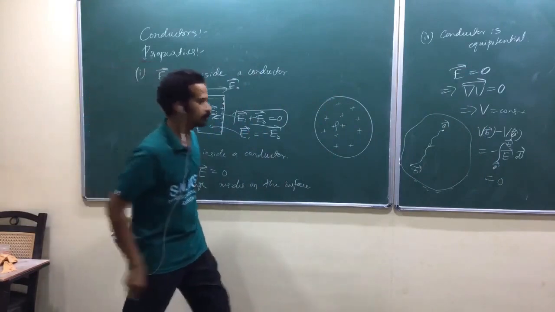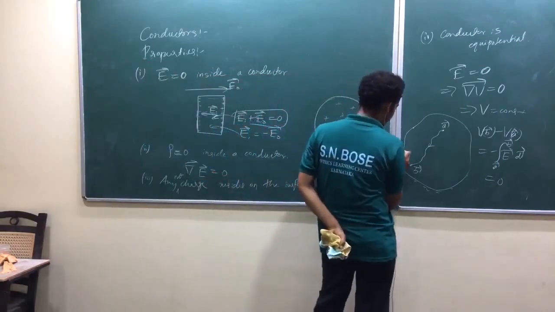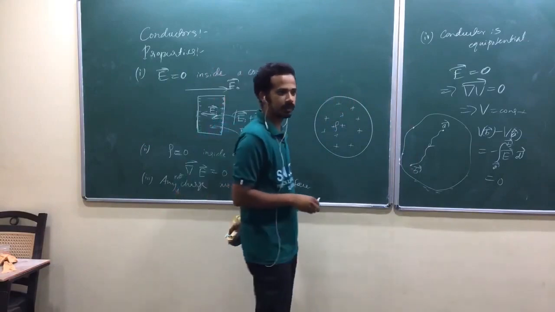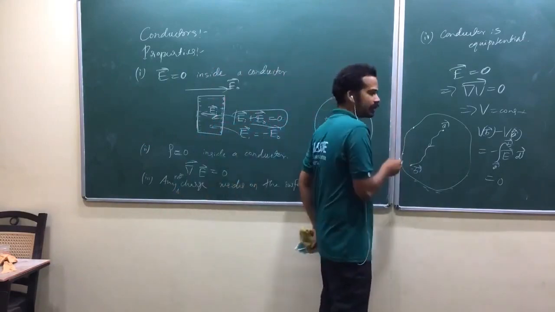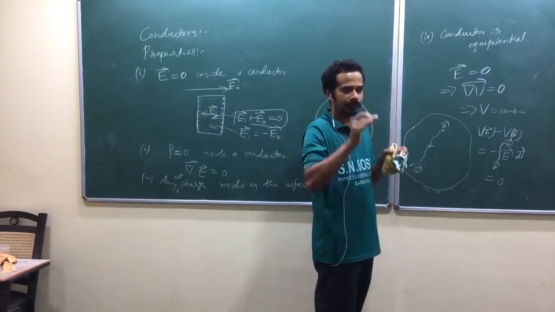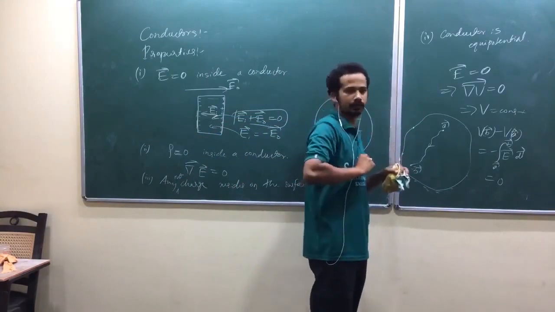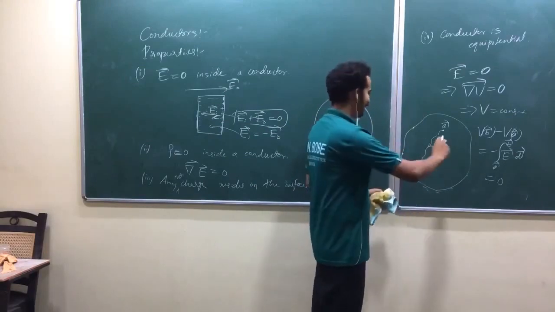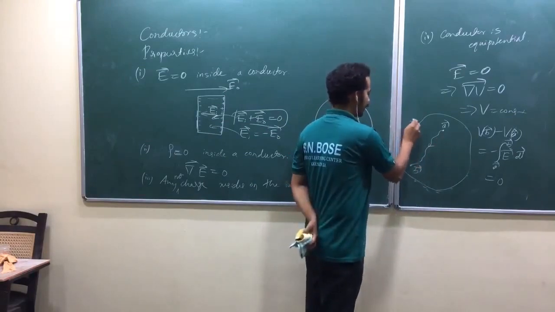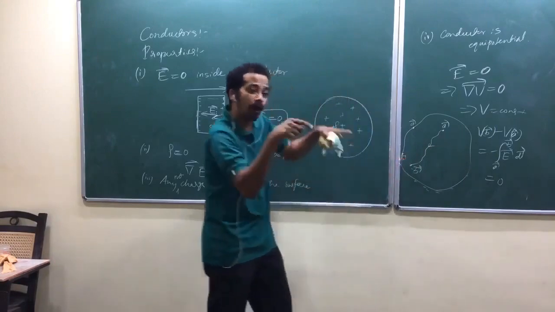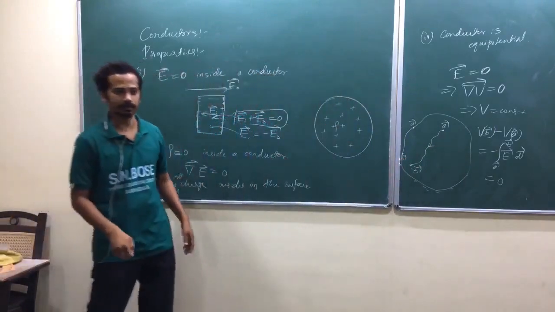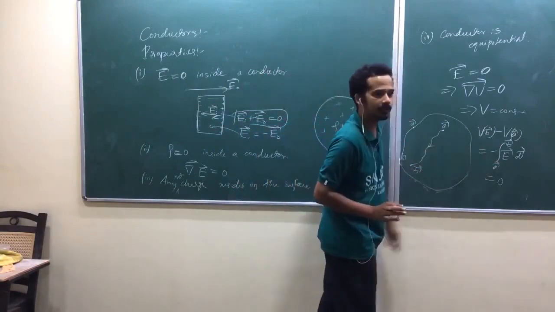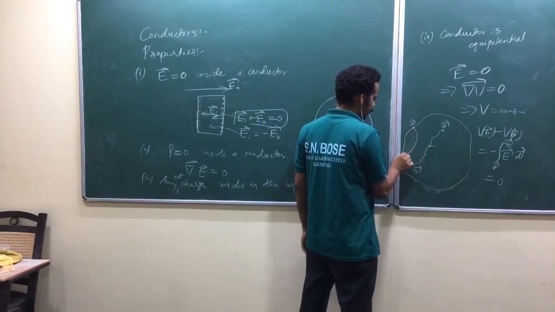Suppose you have taken one point here and one point here, on the surface. Even though charge exists, it will reside on the surface. So now look here. Suppose this is point A, this is point B, two points on the conductor. This line integral is independent of the path. What I do here is run my path integral like this.